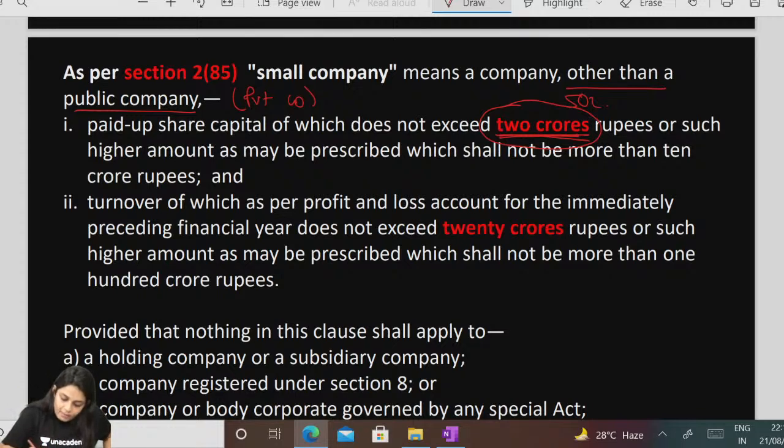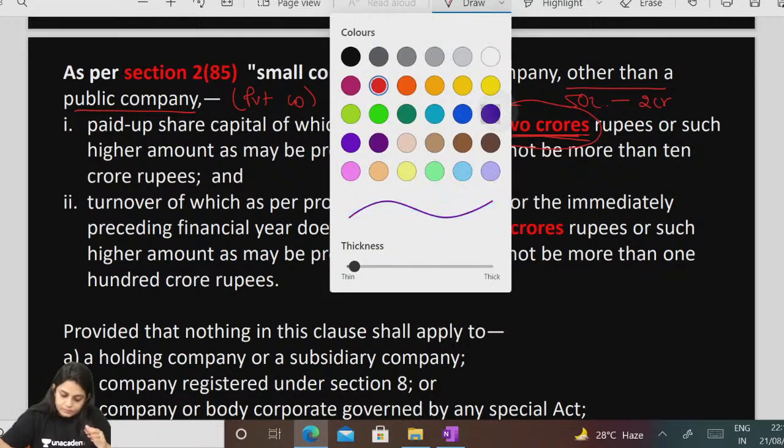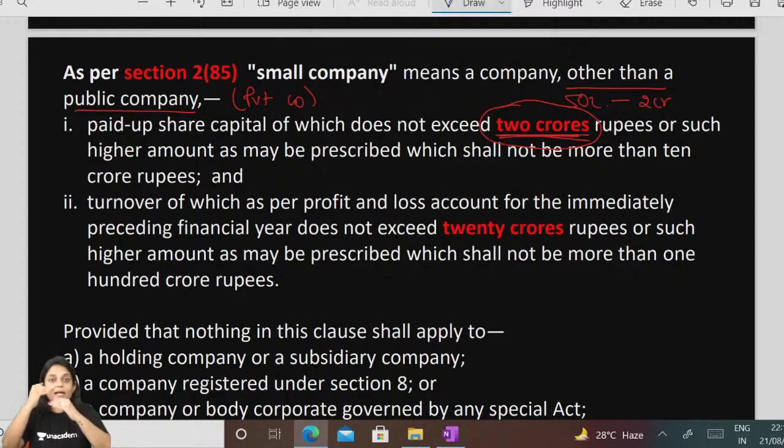Or such higher amount as may be prescribed, which shall not be more than 10 crores. What does this mean? Today, the figure is 2 crores. But tomorrow, if the central government feels, like earlier it was 50 lakh, and from 50 lakh the central government has made it 2 crores. So what this sentence means is that today the amount is 2 crores, but tomorrow, if the government feels that I should increase this slab of 2 crores to a higher amount,